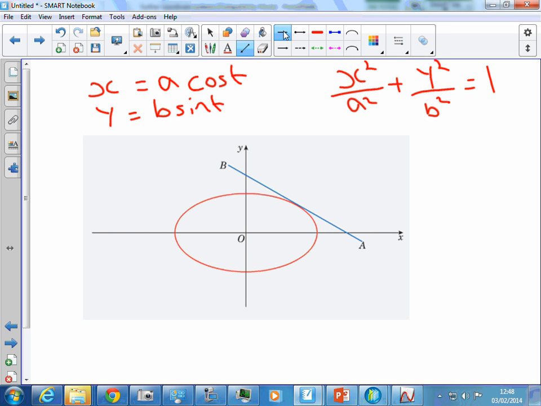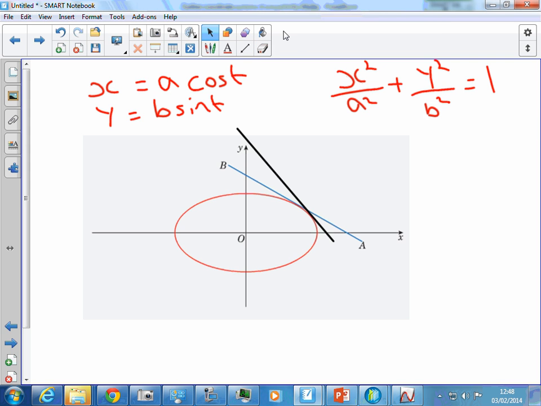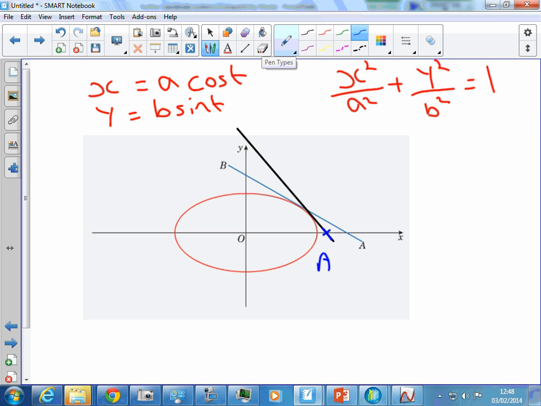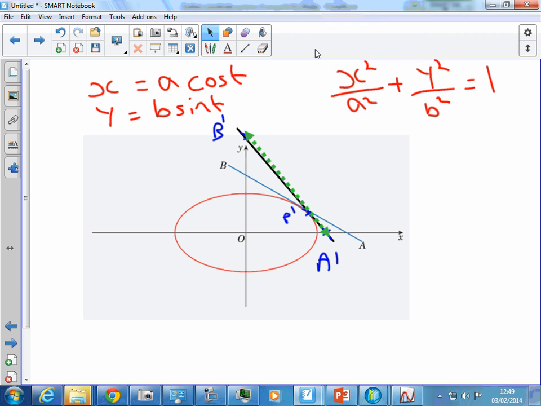So if we draw another tangent, let's say here, to the curve like that, at some other point, let's call it P prime, this tangent cuts the axes at A prime and B prime, and the midpoint is the midpoint of this distance here. So about halfway,